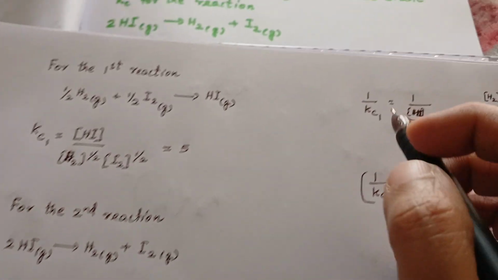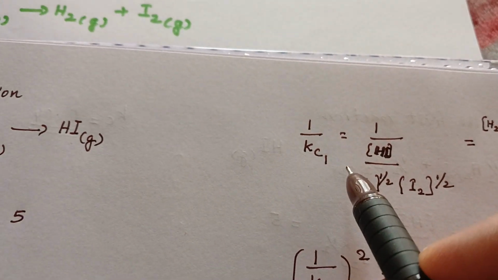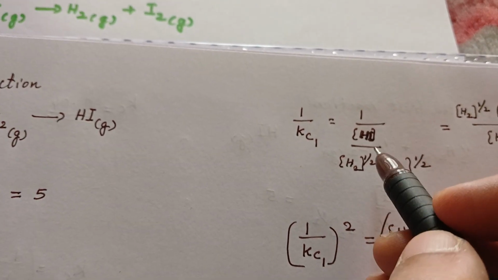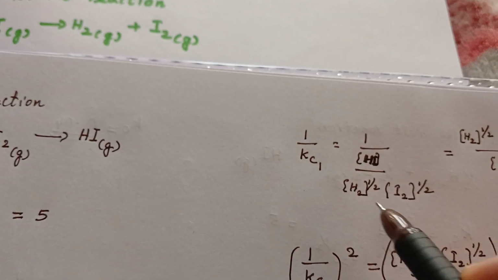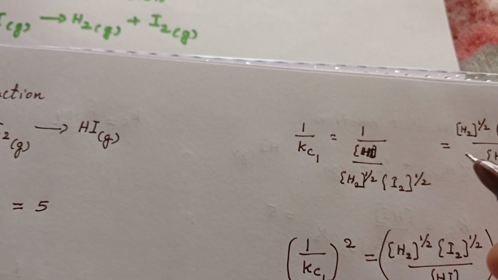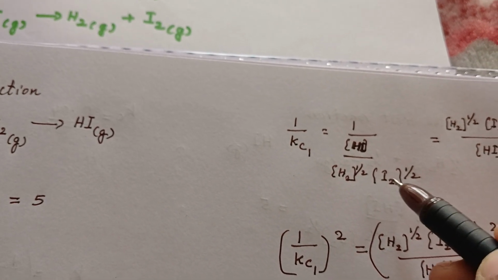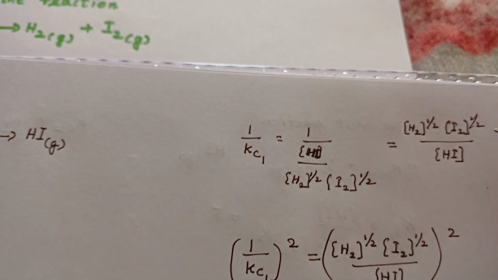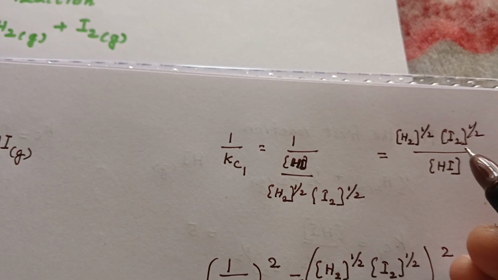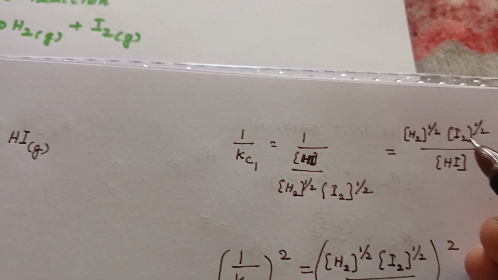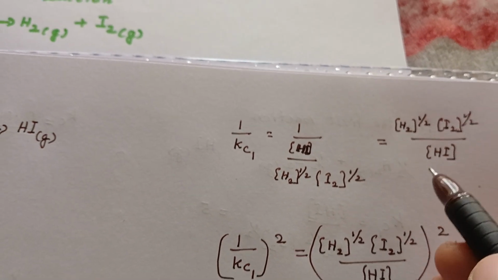So let us see how 1 by Kc1 will look like. So 1 divided by the expression for Kc1. When we rewrite it, we can see that these two will go to the numerator. That is H2 raised to 1 by 2 into concentration of I2 raised to 1 by 2 divided by